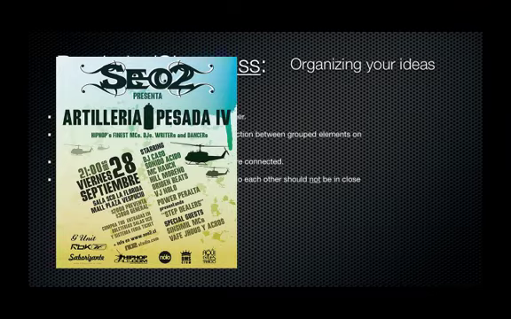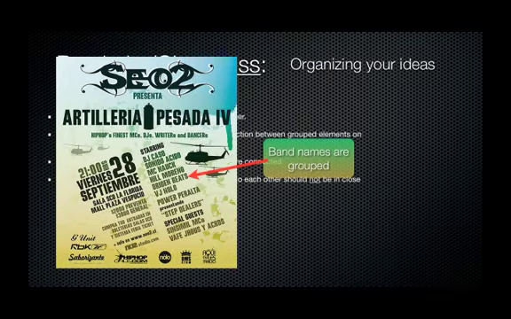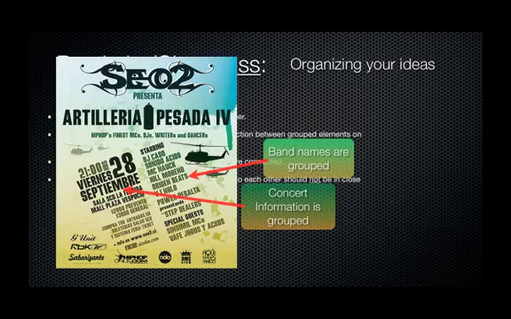Lots of information here, kind of busy, but they did utilize the principle of design, proximity. Number one, we have all of the band names grouped together in one area. And on the other side, we have all the concert information grouped together. So it's easy for the eye to scan around this page and find the information that they're looking for without